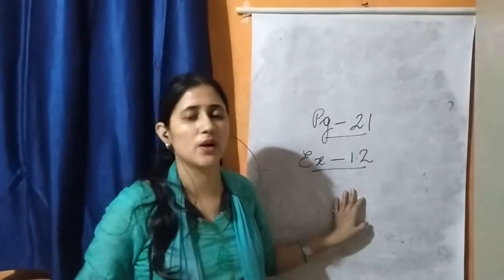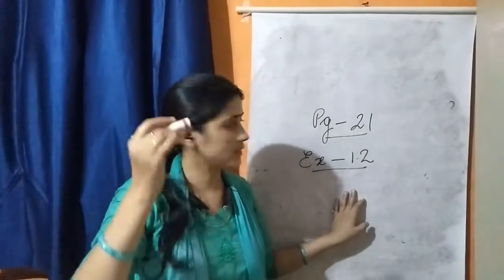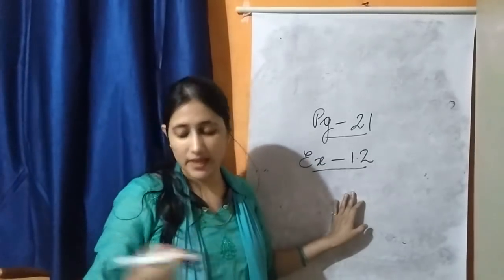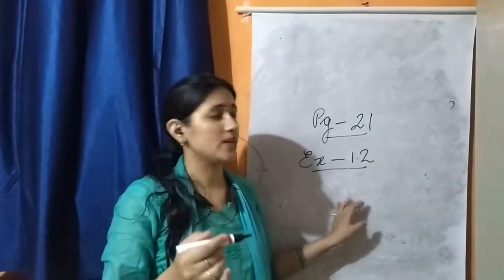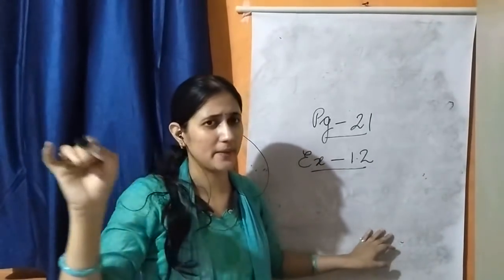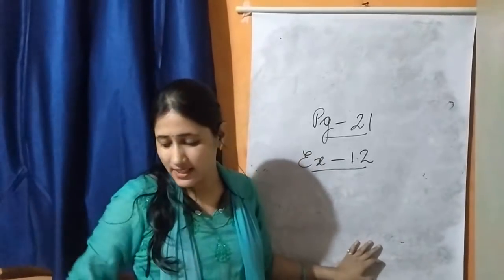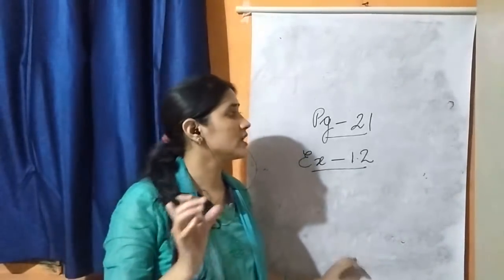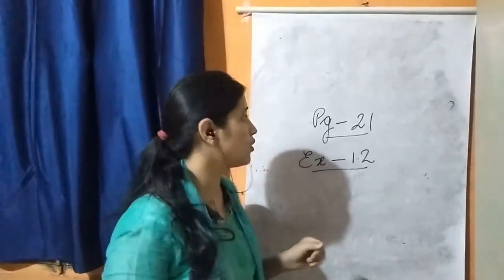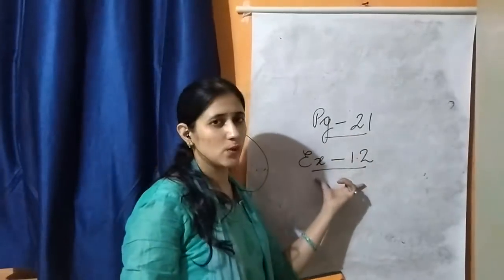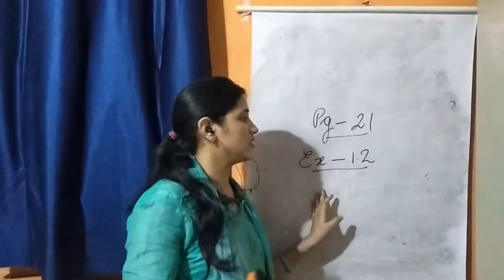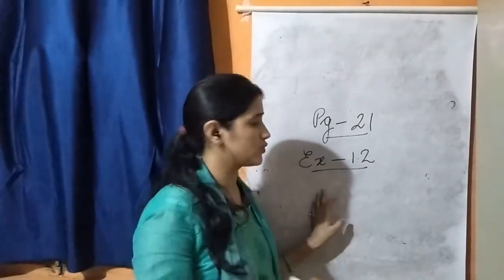Numbers are given and columns are given. At one place you have to write the place, that is ones, tens, hundreds, thousands. In the next you have to write the place value, that I've shown you. 4 multiplied by 1 is equal to 4, and then 9 multiplied by 10 is equal to 90, like that. Then the face value of a digit is the digit itself. I have explained it in the previous video also, and please write this homework in your copy. This will be given to you in your download link also on your YouTube channel.